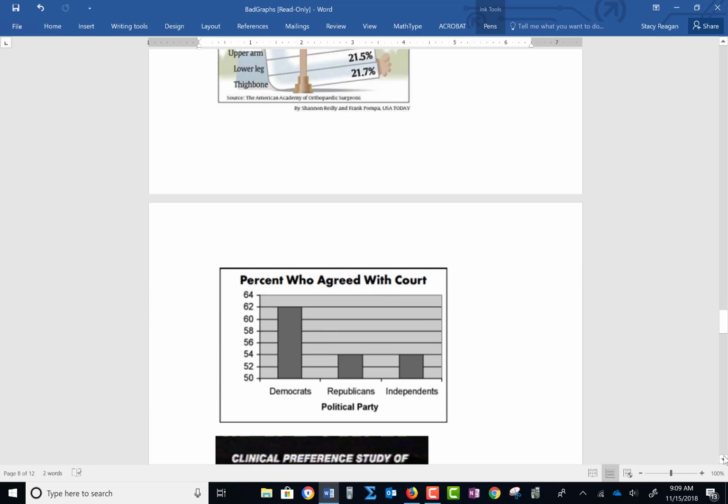Okay. Percent who agreed with the court. Democrats, Republicans, and Independents. If you look over at the scale on the left, you can see that it starts with 50. So if you look at those bars, it really looks like Democrats are over twice what the others are. And they're really not. They're just from 50 to 62. So that scale is off,